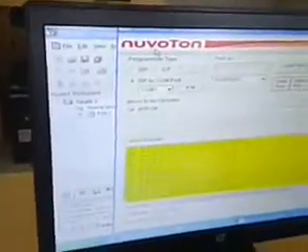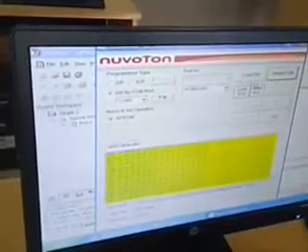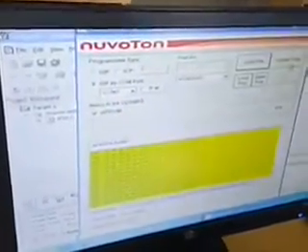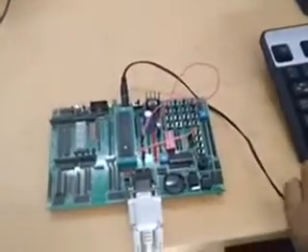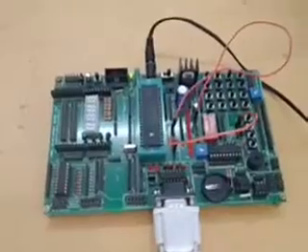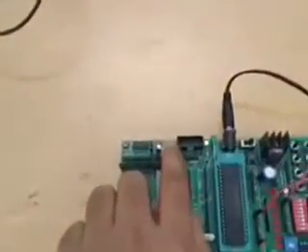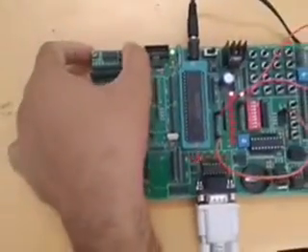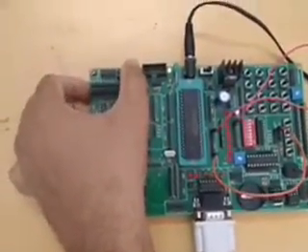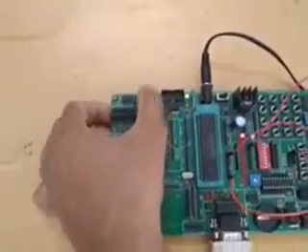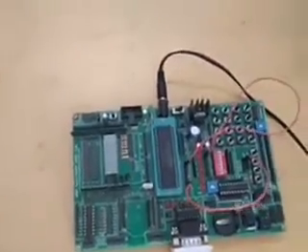For that there is a utility here to load that hex file. So I will go and select that hex file first. Then I will say update chip. When I say update chip, it will ask me to reset once. So what you should do is click on update chip. Then there is a reset button here. You should immediately reset. Once you reset, the program will be loaded.